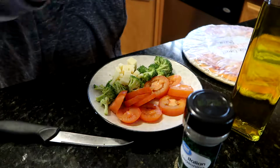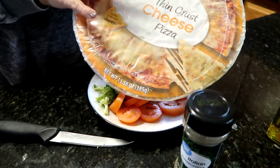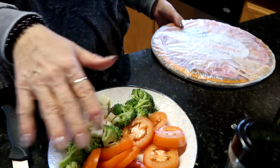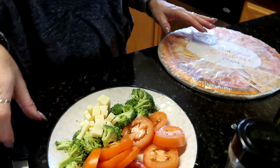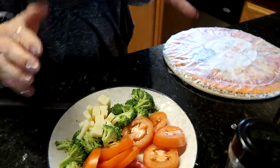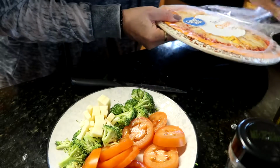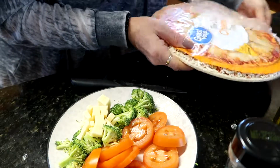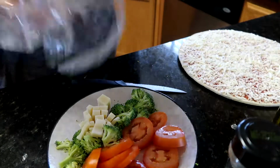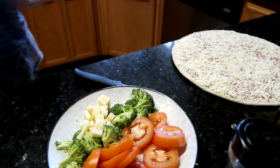Okay, I got my frozen pizza out of the freezer, and it's just the Great Value frozen thin pizza, if you guys are able to see that. And then I cut up my tomatoes, I cut up my broccoli, and cut up some cheese. I cut up the cheese and put it in a huge Tupperware container. So if I get a little urge wanting to snack, I will grab some vegetables and some cheese and some hummus kind of situation. So this is what it looks like before we add all the ingredients. And the first thing that I'm going to do